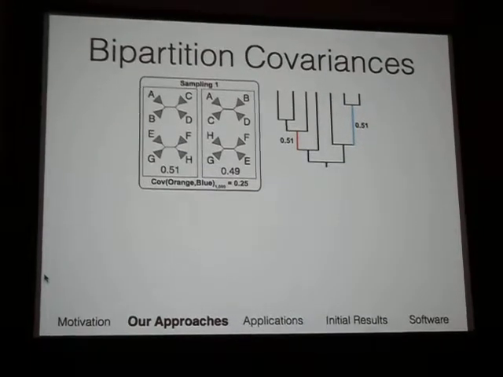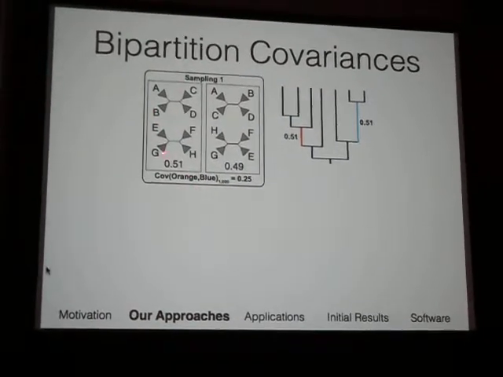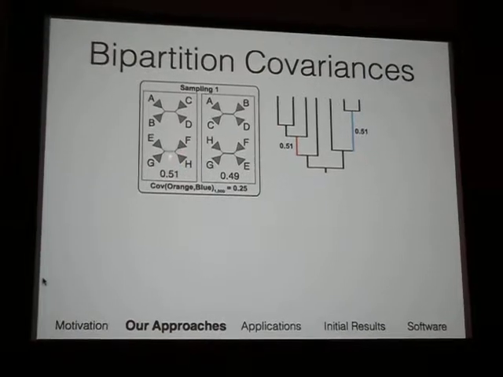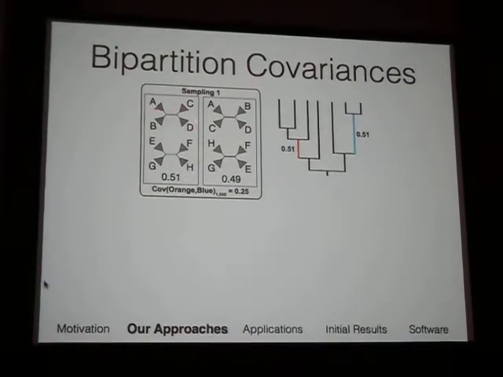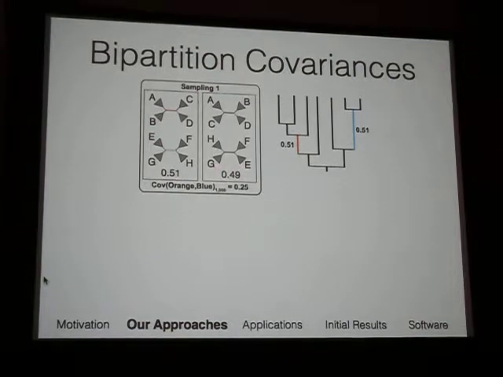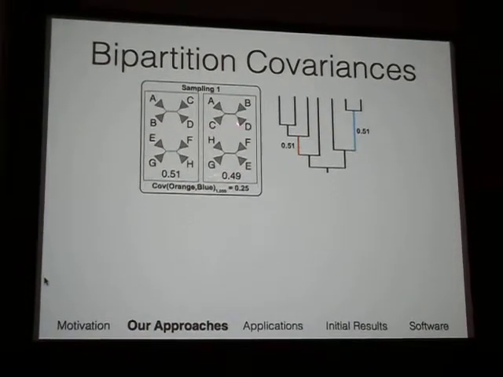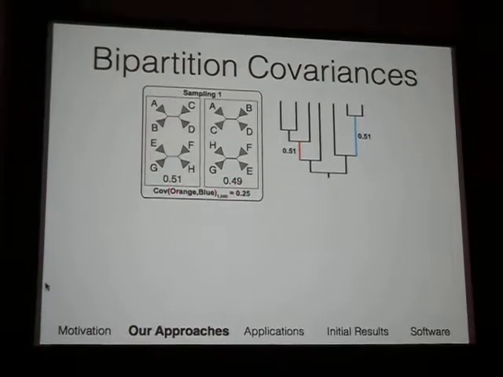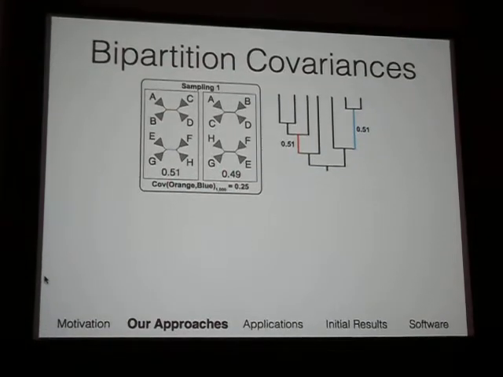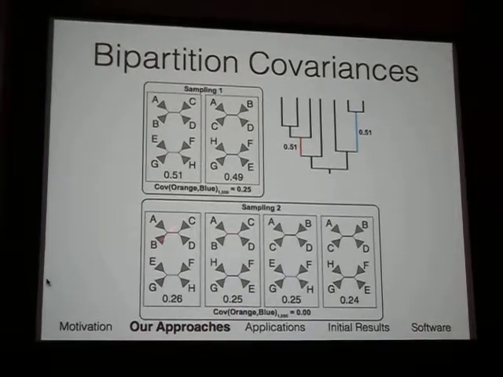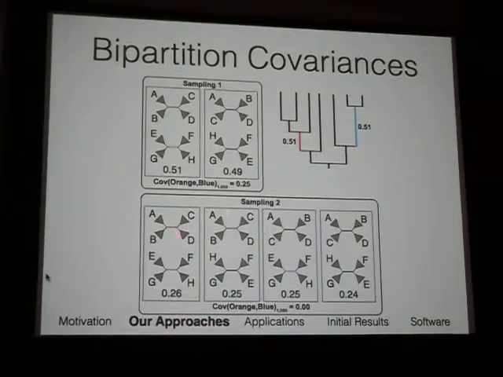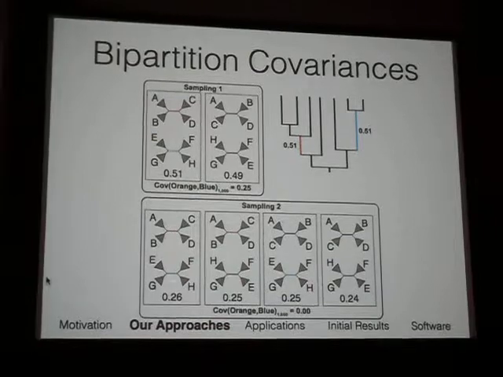Now, in this first sampling, let's say 51% of the trees in our initial set had both the orange branch and the blue branch, and 49% had neither of those. Then the covariance between orange and blue presence-absence across that set would be 0.25. However, if orange and blue are sometimes associated with one another and sometimes not, and this is essentially